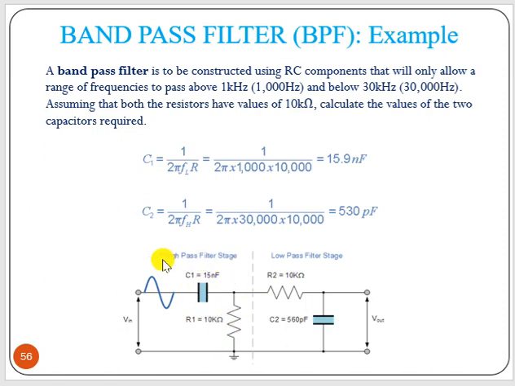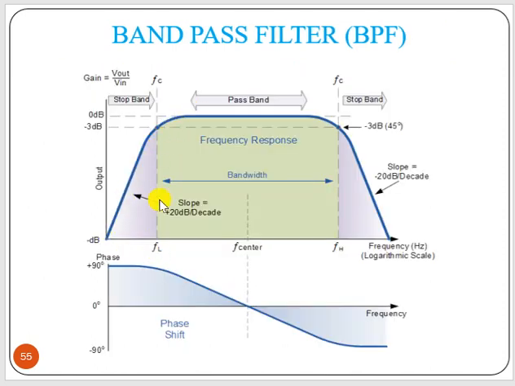So this high pass filter stage decides the lower cutoff frequency, and this is your high pass type, and this is your low pass type response. So high pass type decides your lower cutoff frequency, and low pass type defines your higher cutoff